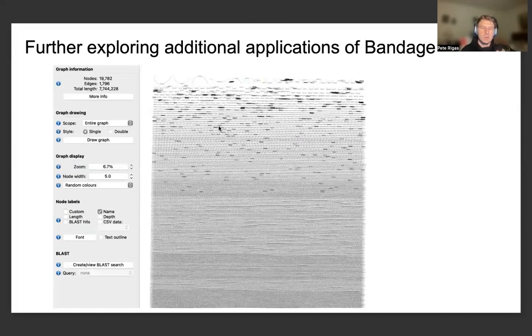So when someone loads a FASTA file into the Bandage GUI, and after you draw the graph, you can look at a total ensemble, a collection of graphs, such as what's shown here. And to begin our discussion, I've deliberately zoomed very far out in the ensemble of graphs that we have,